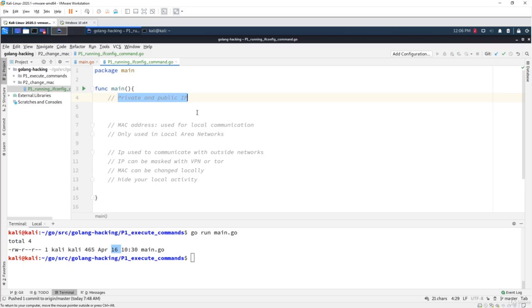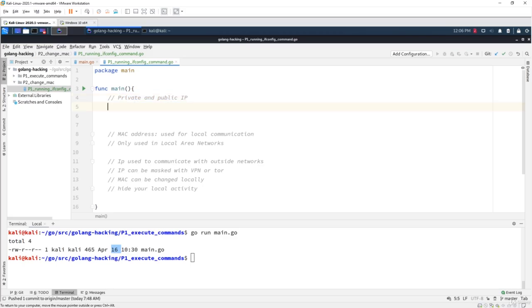A private IP address is the one that is used inside your own local network, and this IP address is not accessible outside your local network. It is something like this, for example, 192.168.0. and then there would be some number. The last two parts could change, for example, it could be 15 or something, but this will mostly remain the same in the case of our local networks. The first part could also change. It could be 172, for example, but most of the time it will be something like this,